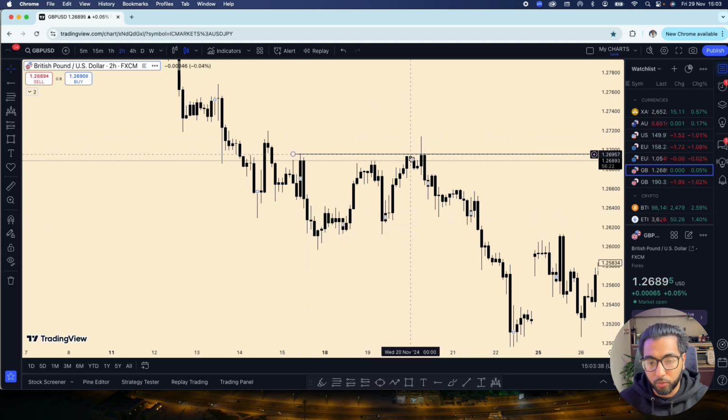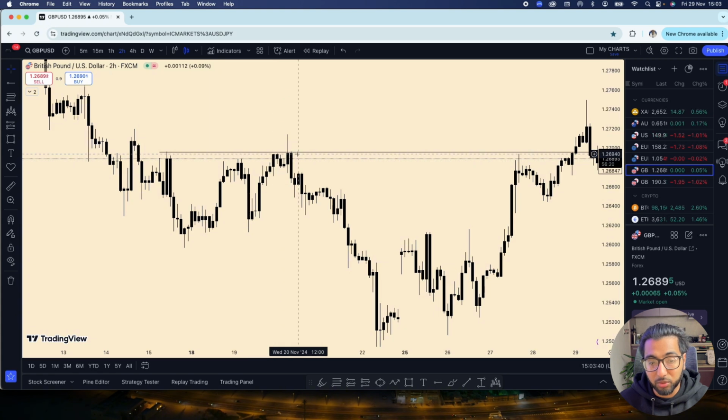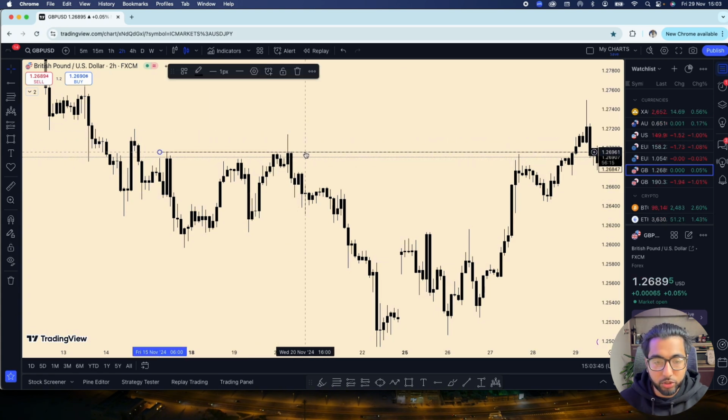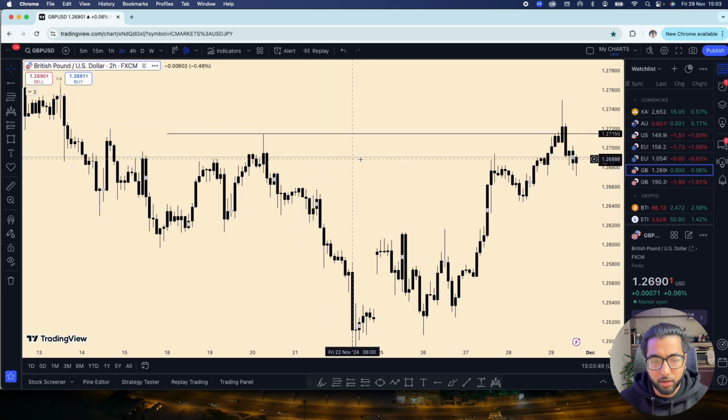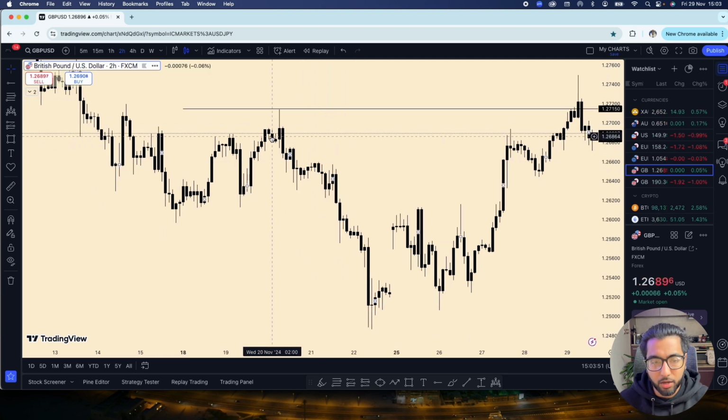Price comes right back to that high, creates a double top, right? Sweeps everyone out, right? What do you do? This is the liquidity right here. Cool. We're going to sell, right? What are we selling? Obviously, we're going to sell, wait for the break, wait for the retest, entering probably around here, selling.